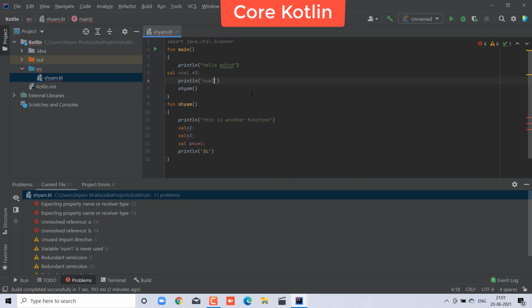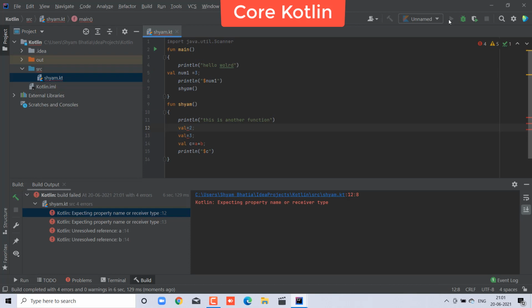Okay, this is num1, and num1 print, num1 with a dollar, put it before the dollar, so Control S and take the output.